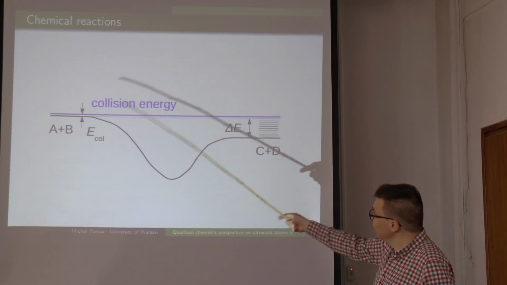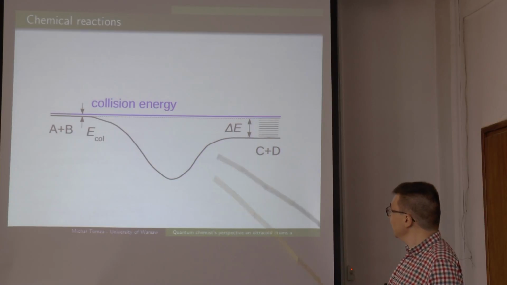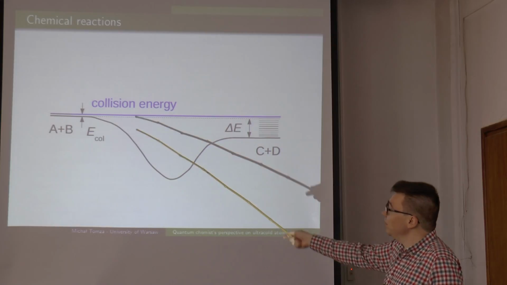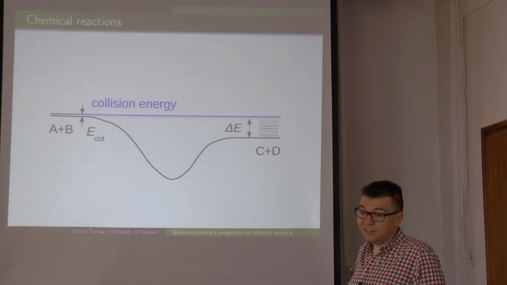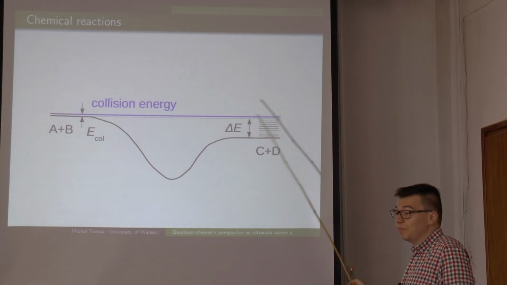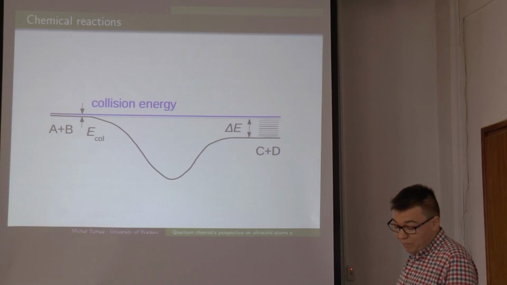But once we look at this general picture, if the reaction is exoenergetic, we can see that the energy released in this kind of reaction can be many orders of magnitude larger than the initial collision energy, and still thousands or hundreds of thousands or millions of quantum states of products can be produced. And is this a problem or not?